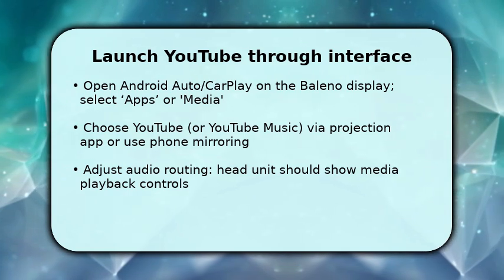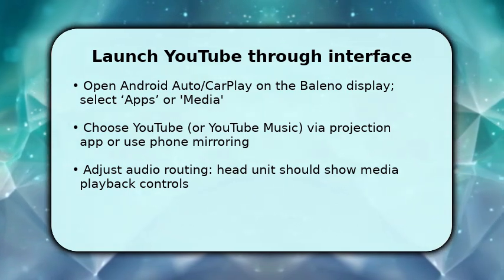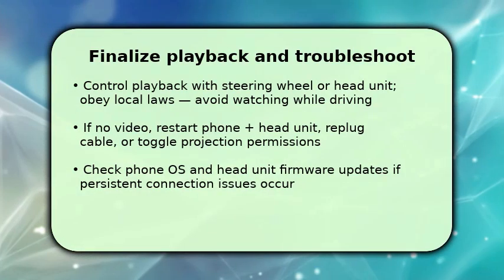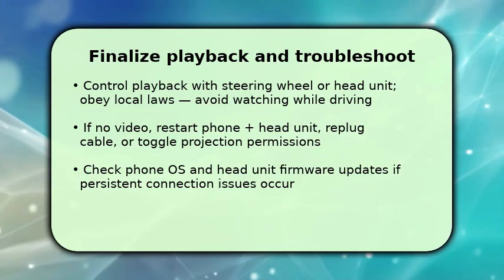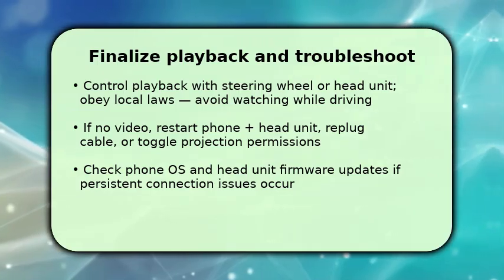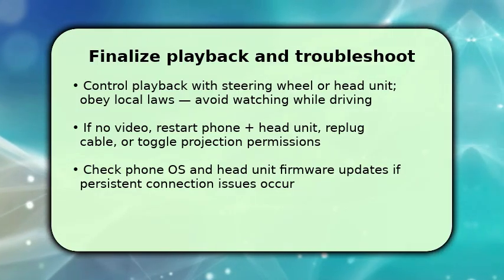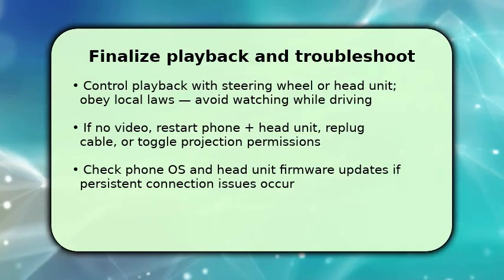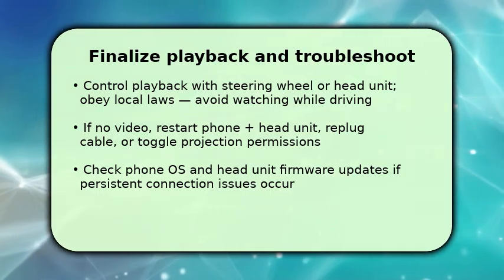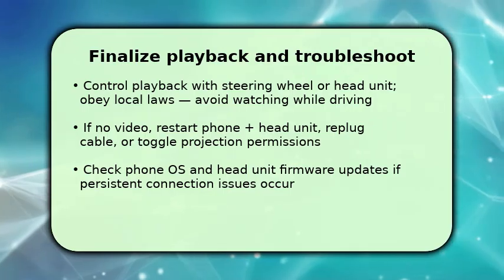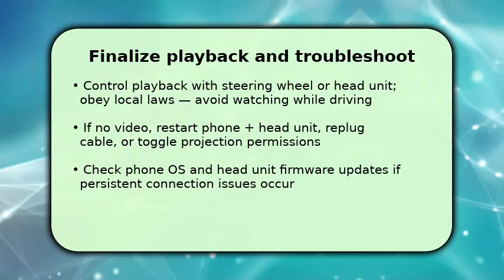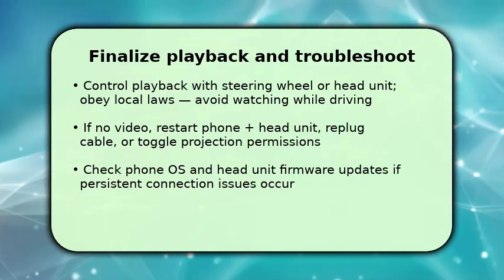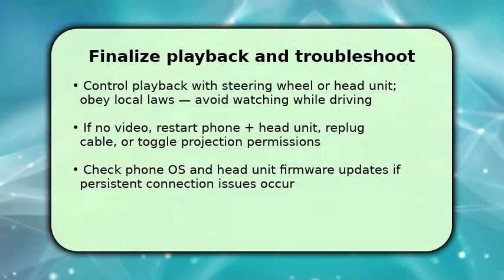You finish by confirming playback controls work and that audio is routed properly. Use steering wheel controls to keep your focus on driving. If playback fails, unplug and replug the USB cable, restart the phone, and restart the head unit. This clears handshake errors. Make sure projection permissions remain allowed in phone settings, and if problems persist, update the phone OS and the car's infotainment firmware because version mismatches often block projection. Lastly, remember to